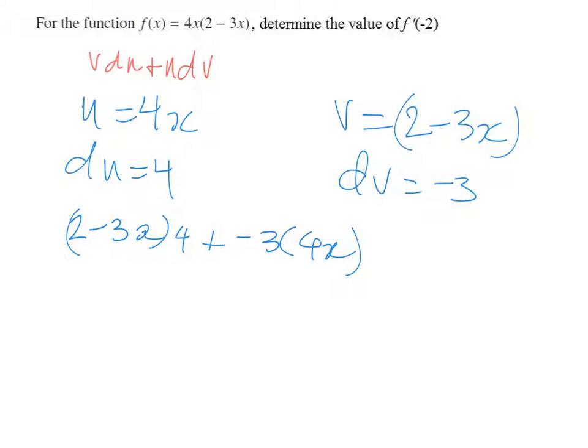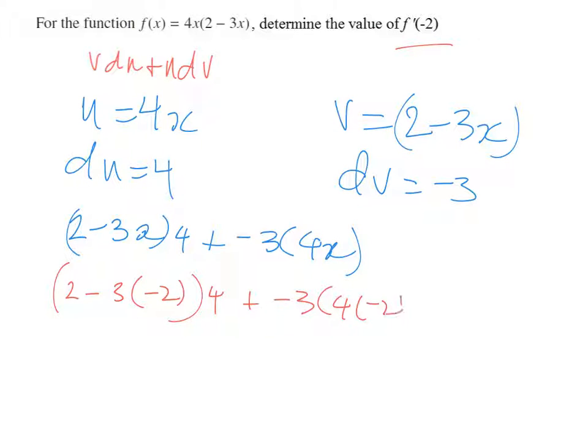Now that we've got it into that form, all we need to do is substitute x equals 2 in there. We can expand and simplify things like that, but I'm not going to, I'm just going to substitute that in there. So we've got 2 minus 3 times 2, and that gets multiplied by 4, plus negative 3,